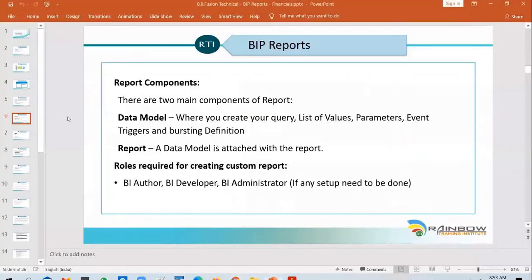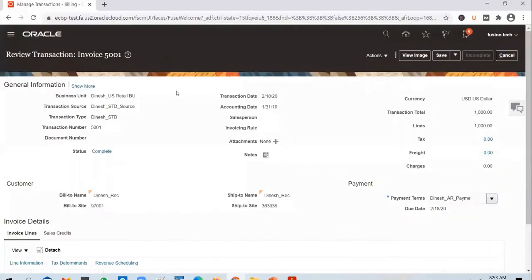We're talking about a BIP report here, right? And we are looking at a report use case, but you might be building BIP reports for outbound integrations as well, whenever you have to do a bulk extraction. In that case, you don't have a screen where you can add an option to print the report. So what we usually do is we don't plug them into the screens because personalizations has its own restrictions.